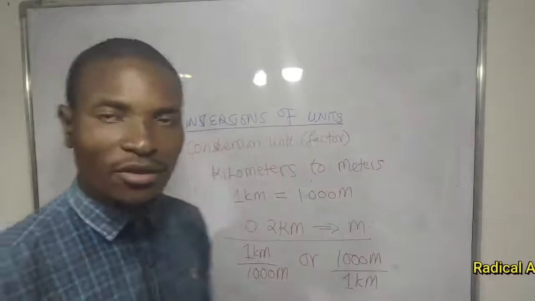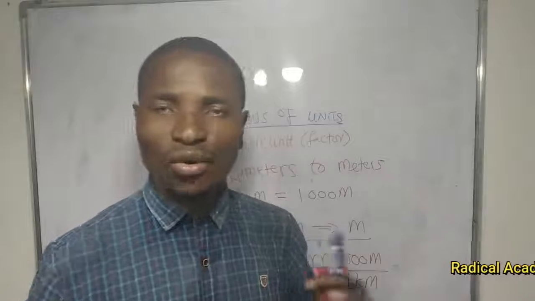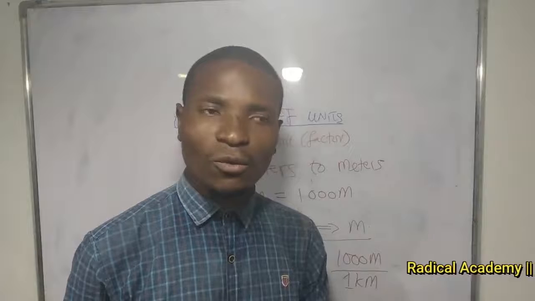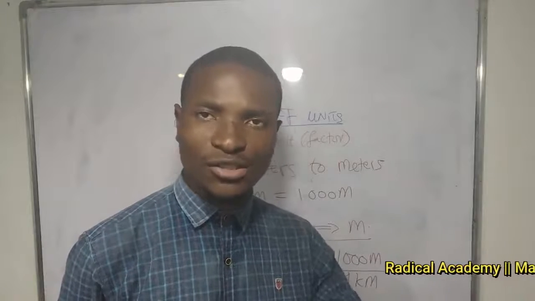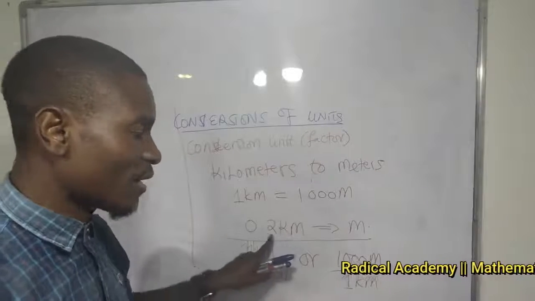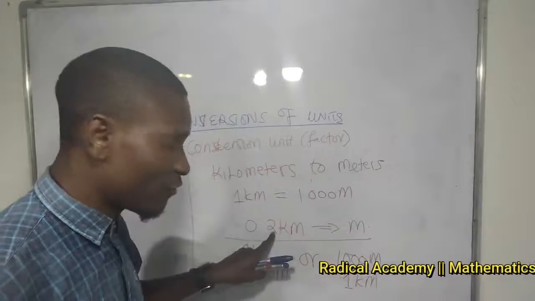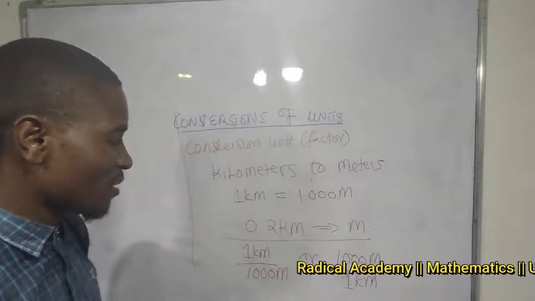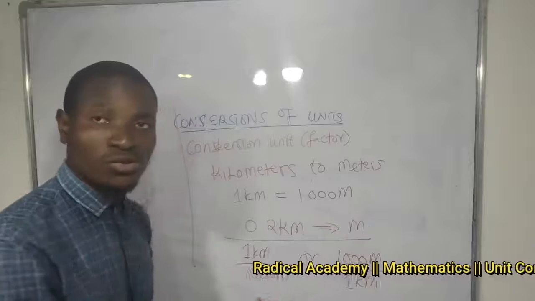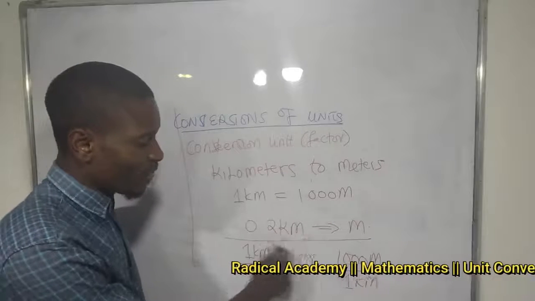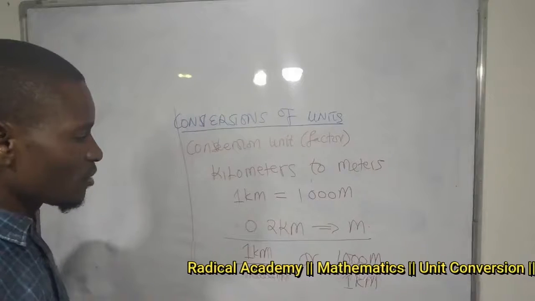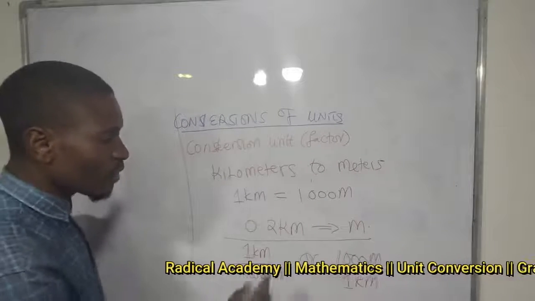So this is just the way of flipping the two conversion factors depending on where we are coming from and where we are going to. So now I'm coming from kilometers, going to meters. So which of the two conversion factors am I going to use, given this problem? If that is the case, then I'm just going to say,